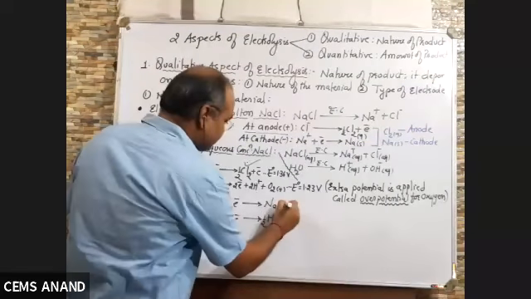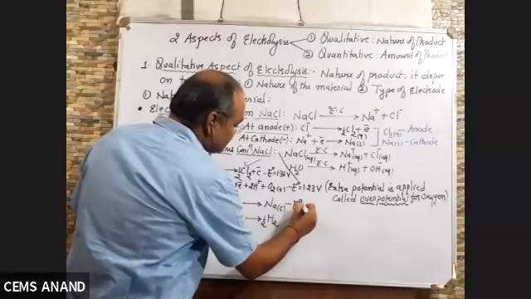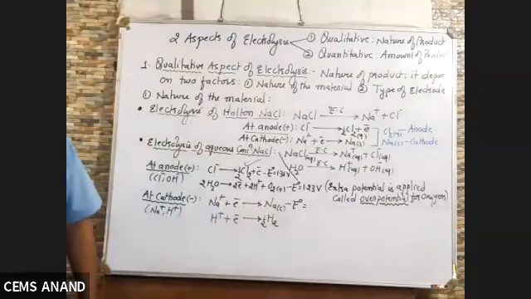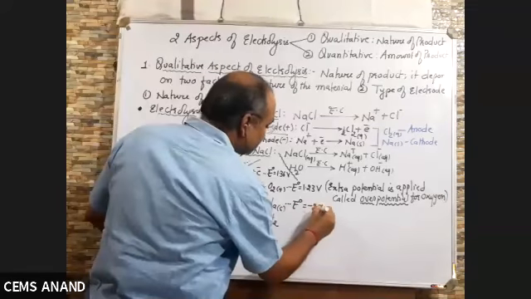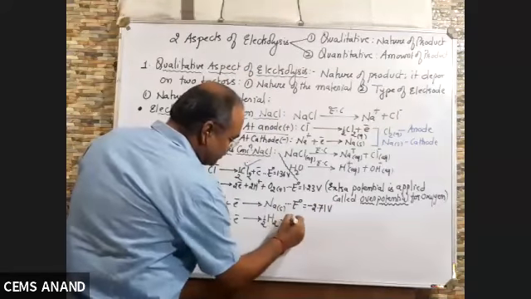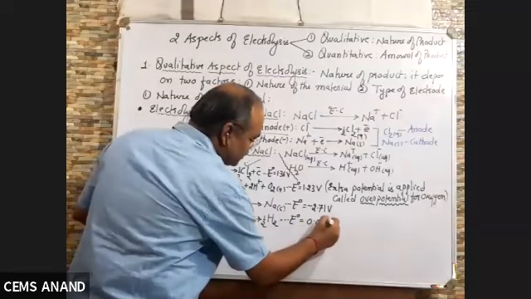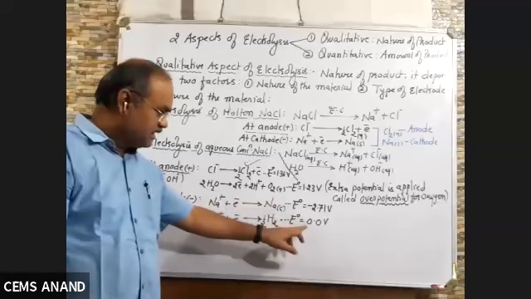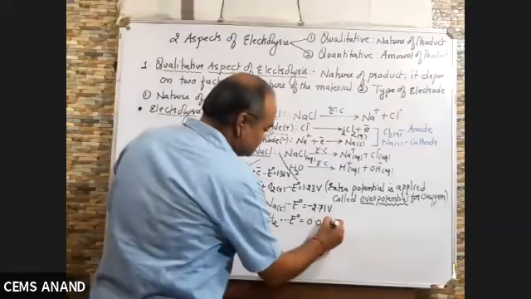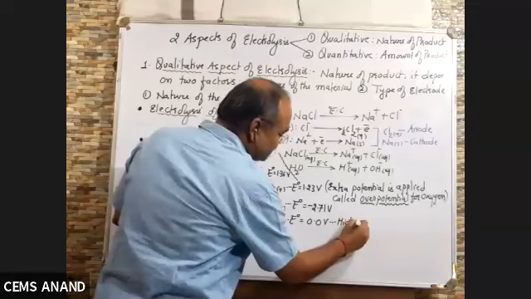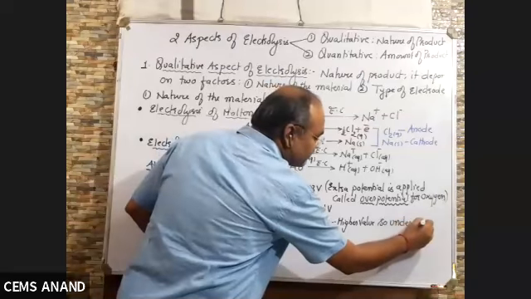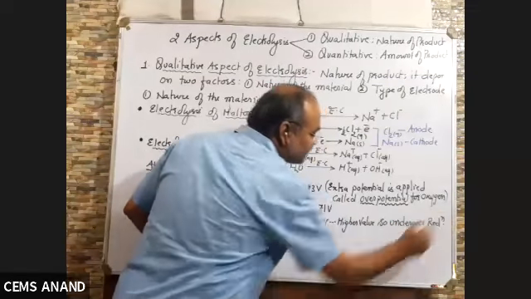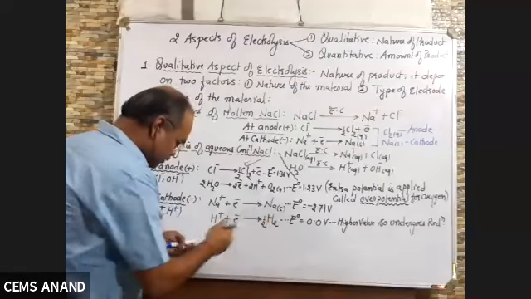Let us see now what happens here. The E0 value is given. Actually, it is the reduction value. The reduction value for Na plus is minus 2.71 volt. And for H2, we know it is 0.0 volt. Now, out of these two values, which is higher? This is higher, the higher value, so it undergoes reduction. If H plus undergoes reduction, the product obtained will be H2.